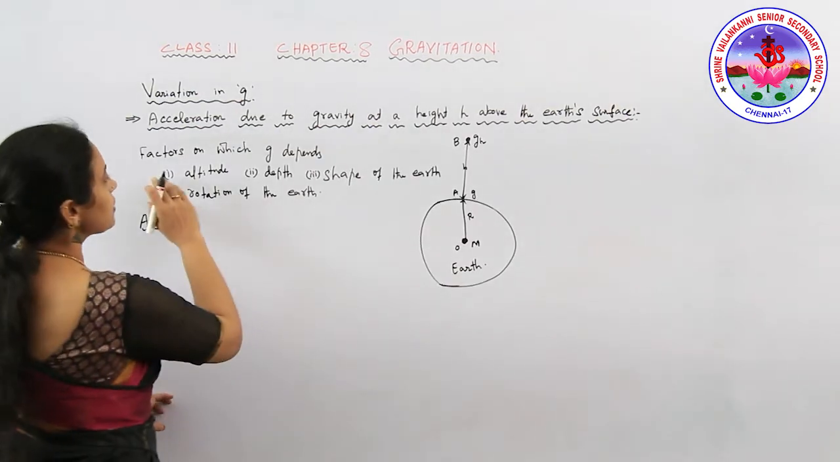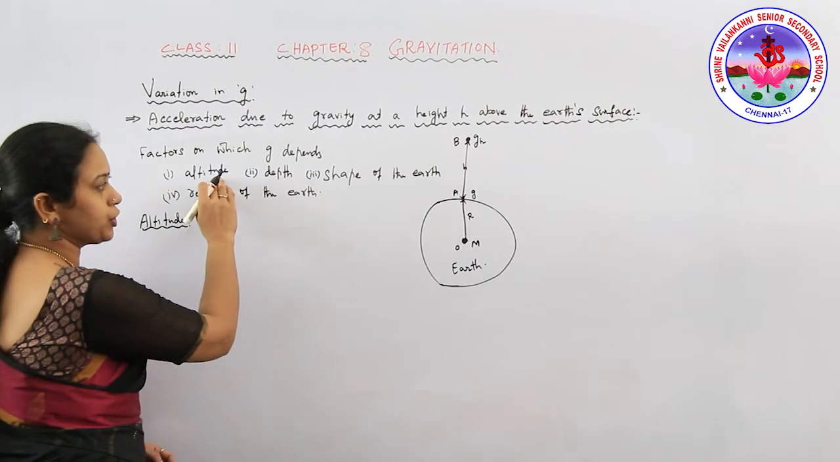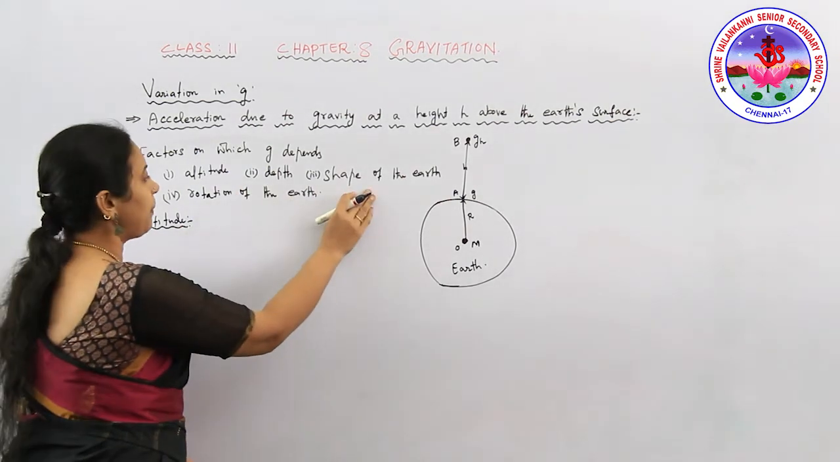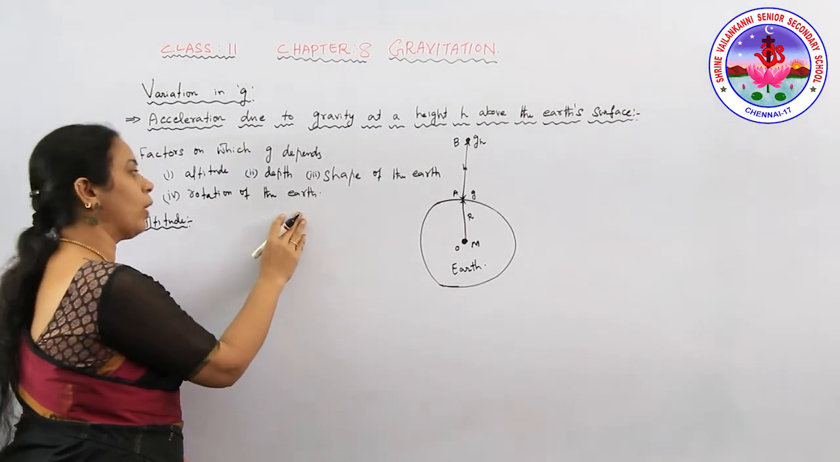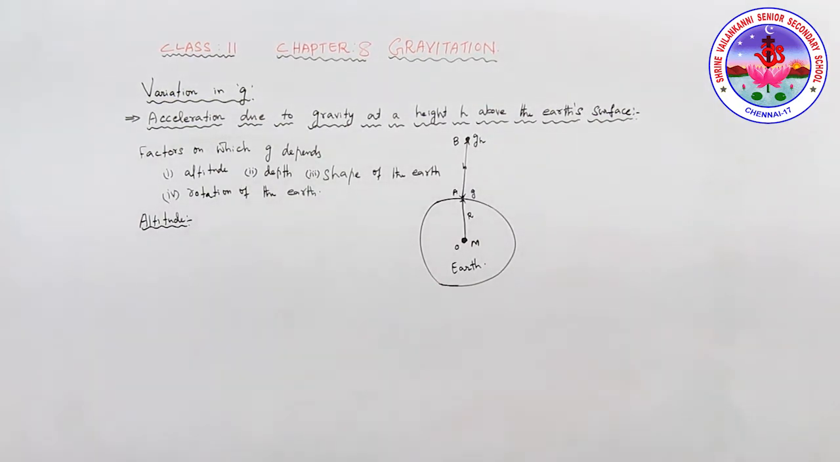Now, the factors on which g depends are four: altitude, depth, the shape of the Earth, and the rotation of the Earth. One by one we can see. Before that, consider the diagram, which is the Earth